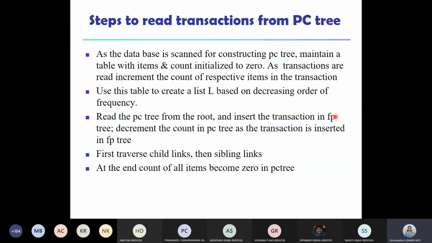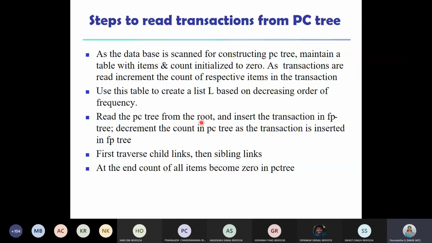Again, remember that when you read a transaction and insert it into the FP tree, the transaction should be ordered based on the list L. It is not based on the chronological order now, because now we are constructing the FP tree. And as you read the transaction, you keep on decrementing the count of those items in the PC tree.